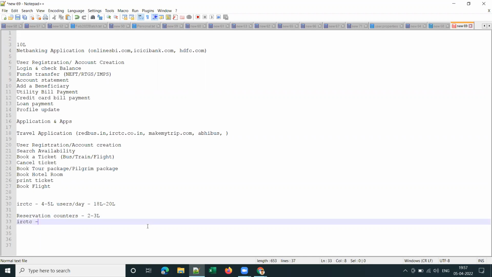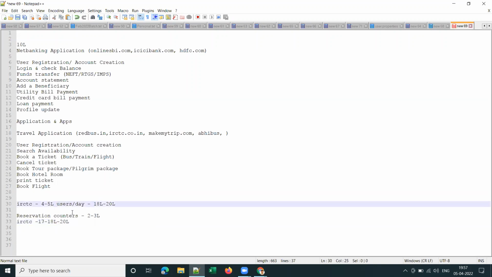These are the actual numbers released by IRCTC when they came for an IPO last year. So to book these tickets, one can book one ticket to 6 tickets. I think 6 is the limit for IRCTC. Can someone confirm that? I have not used IRCTC for more than 5 years. Yes, for one transaction, 6 tickets. So there will be approximately 4 to 5 lakh users who will be using this IRCTC website,